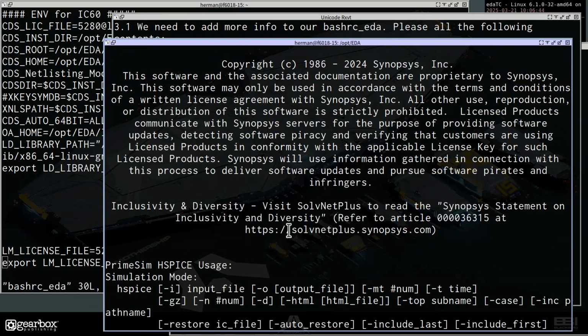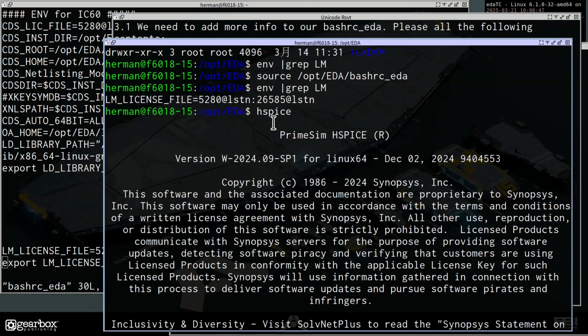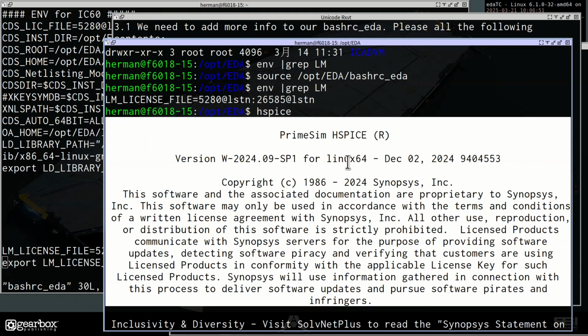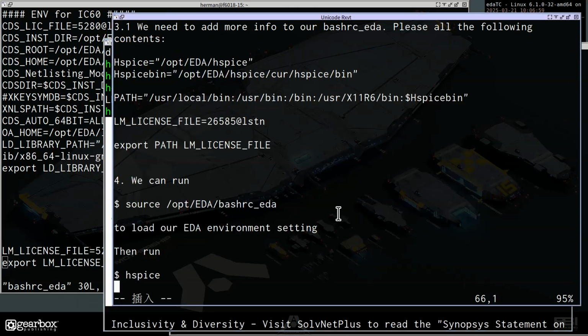So we can run HSpice, and you will see the HSpice interface. Basically, you should see this line. This is 2024.09-SP1.